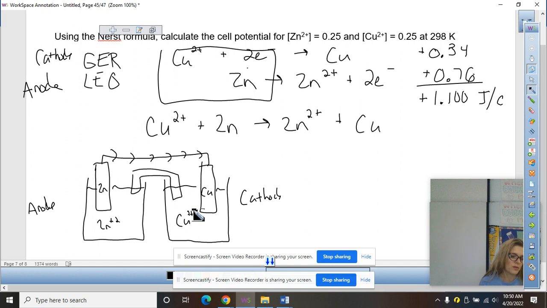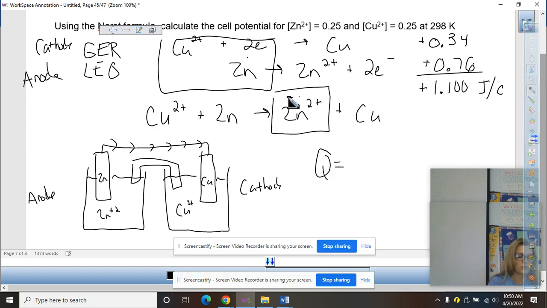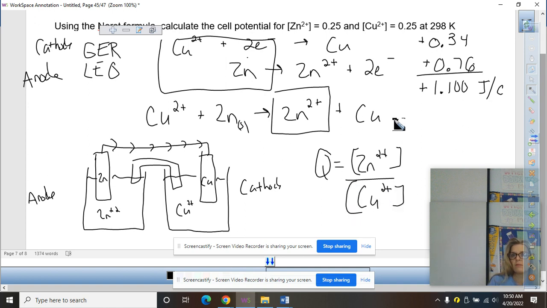All right, so if it's not standard, we have to use our Q. Q is products over reactants. And so Zn2+ was our product, and Cu2+ was our reactant. And these are solid metals, strips of metal, so they're not going to go into our equilibrium expression. If the concentrations on both sides are equal, in this case we said they were both 0.25,